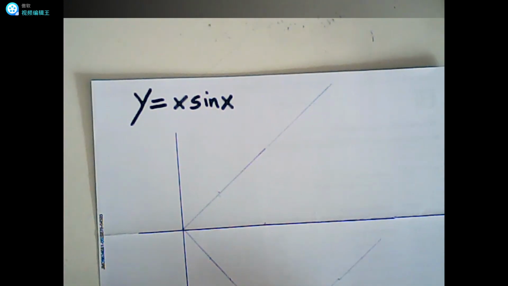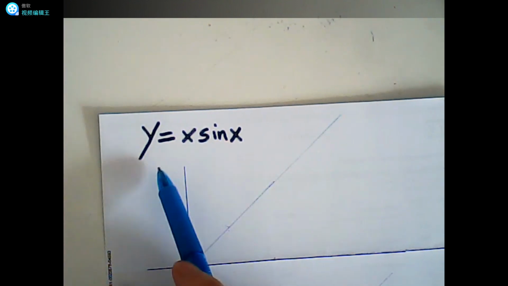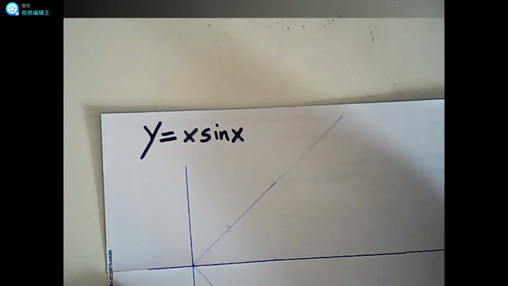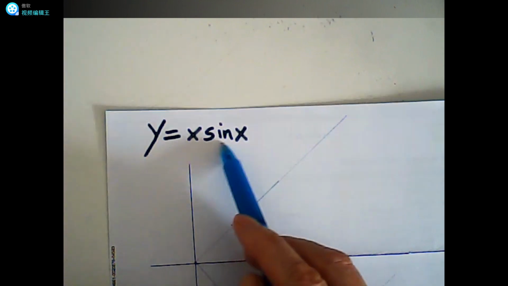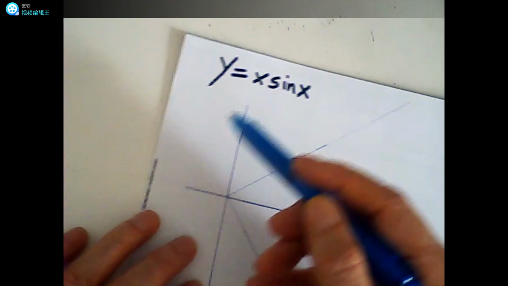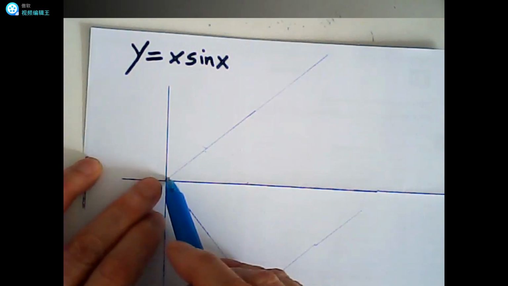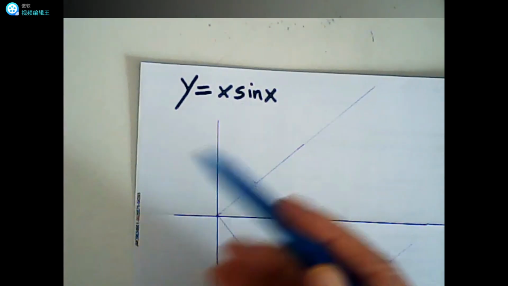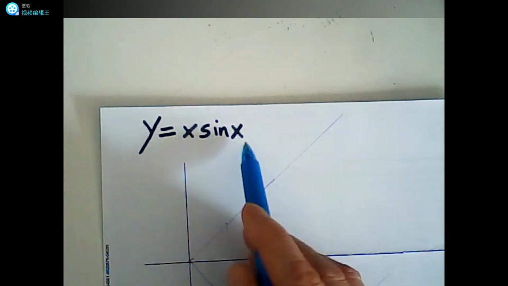Continue curve sketching. Now let's look at this one: y equals x sine x. We know that this function is an even function. So therefore, we just need to sketch half of it, where x is positive, and then the other half we just use a mirror image. We can derive the whole